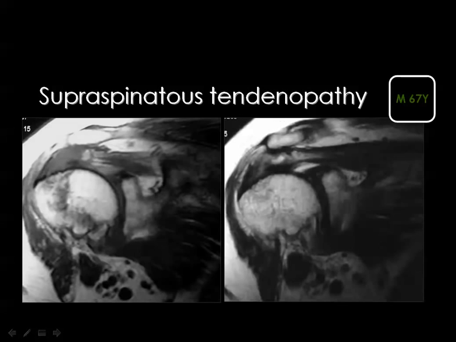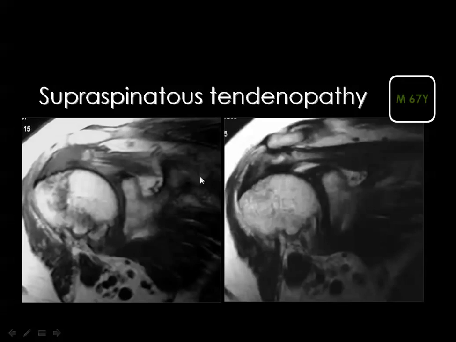And this is supraspinatus tendinopathy T1 and T2. The supraspinatus tendon is markedly swollen. It shows intermediate signal in the T1 and also intermediate signal in the T2 weighted image. And if you look carefully, you can see this bright signal within the tendon which indicates tear,